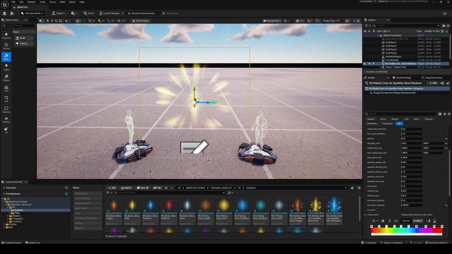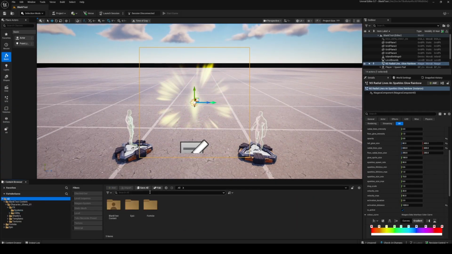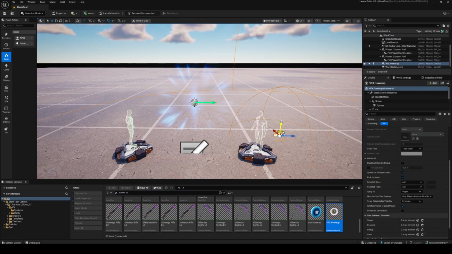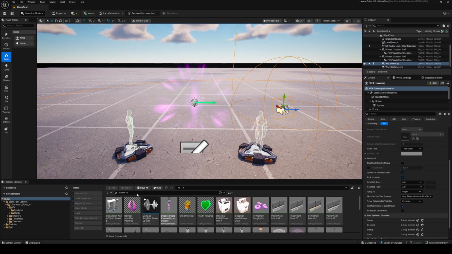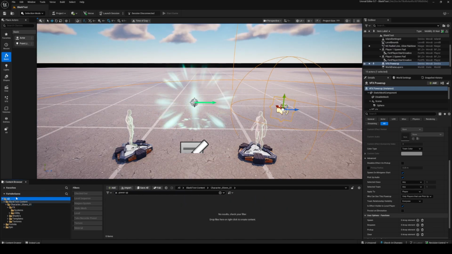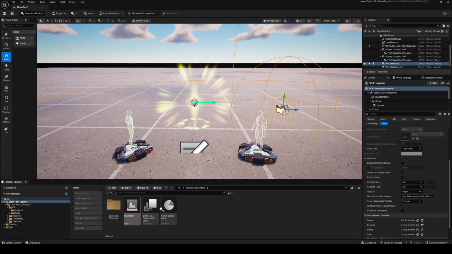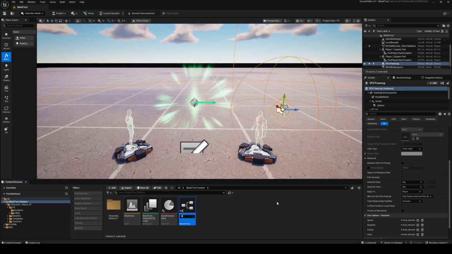So next we're going to just put it on a player power up and a VFX power up, so I can come into the level and pick it up. And we're also going to just show you how we can quickly put it inside a blueprint. So if we come back to just our base, we can make a new blueprint. We'll do the blueprint first, and we'll go BP glowing effect,